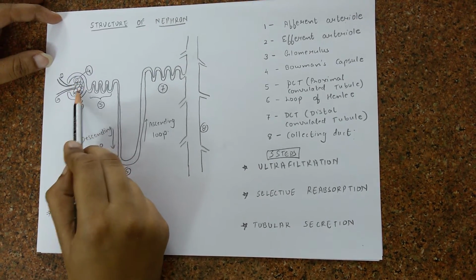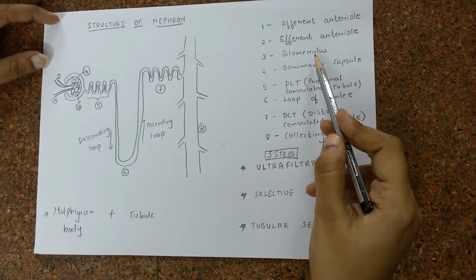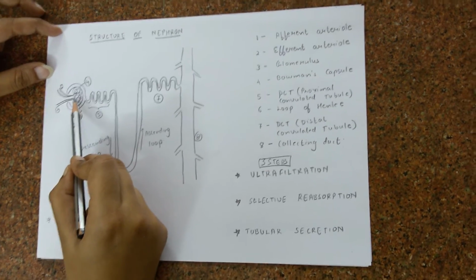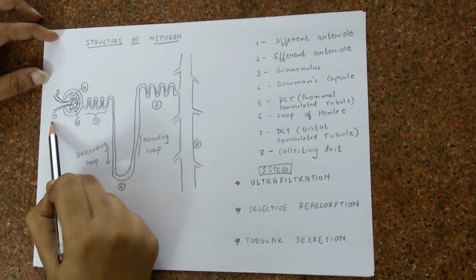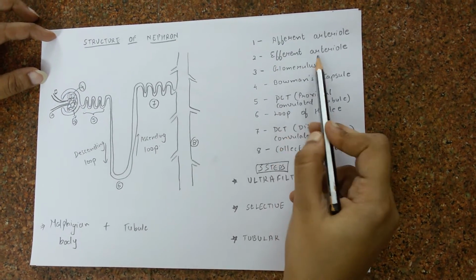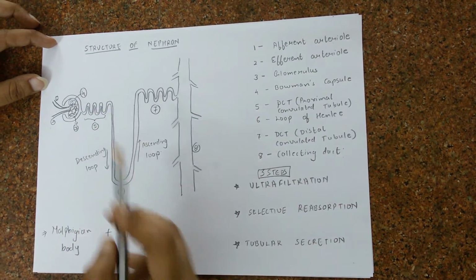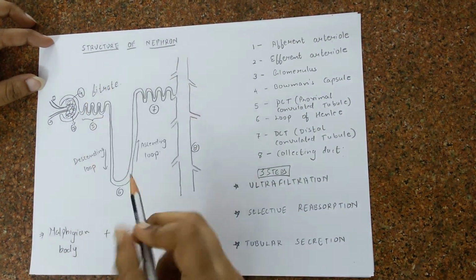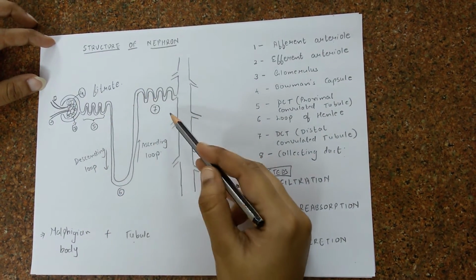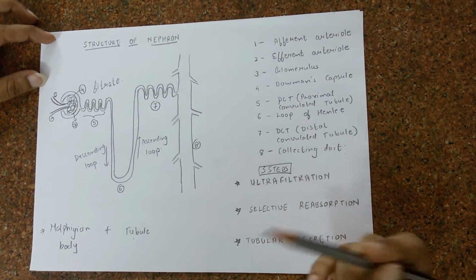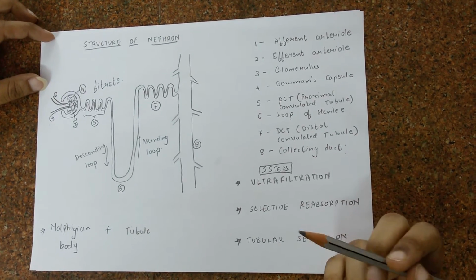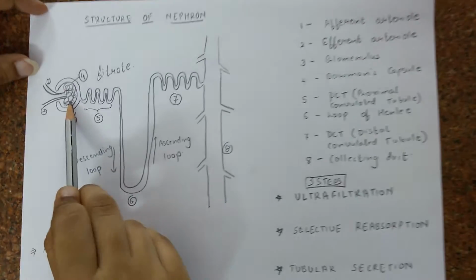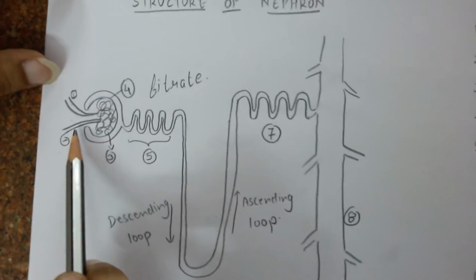The filtration of the blood will take place in the glomerulus, which is basically a network of capillaries. Some amount of blood will be sent back to the body with the help of an arteriole called the efferent arteriole. The part which is sent forward into the tubule is called the filtrate. The filtrate will move through different stages and then ultimately it will be removed from the body in the form of urine. The first part, which is connected directly to the Bowman's capsule, which is this C-shaped structure, is